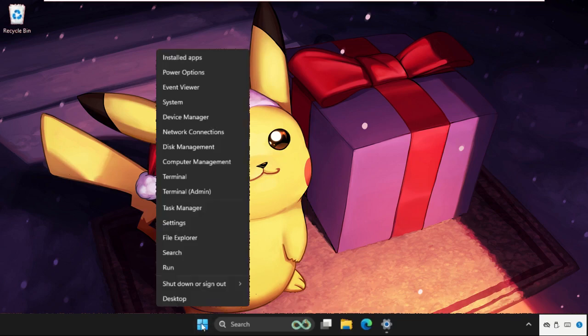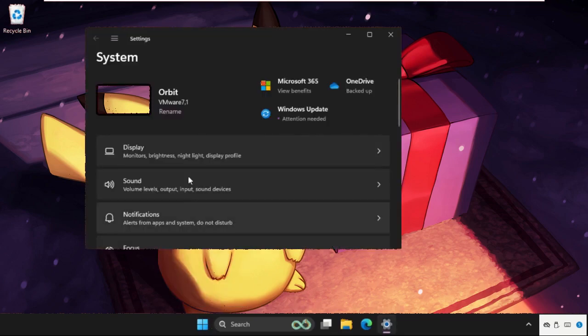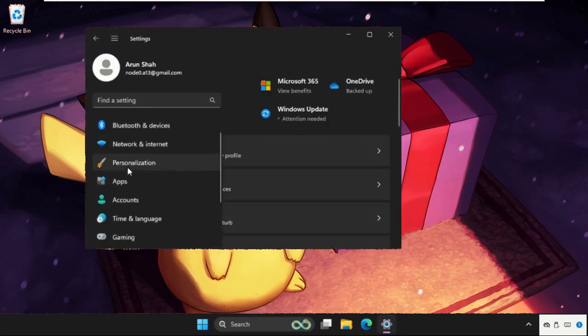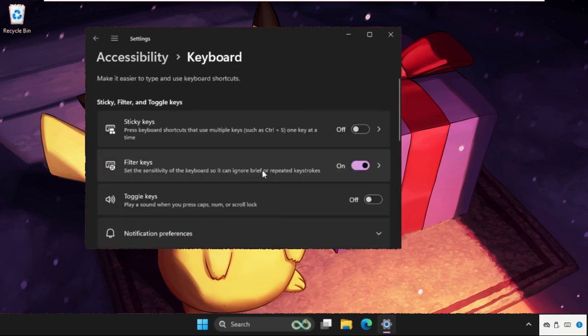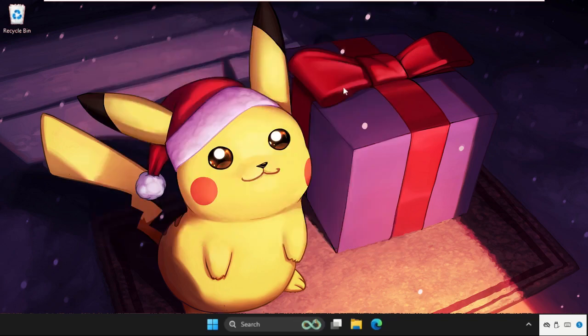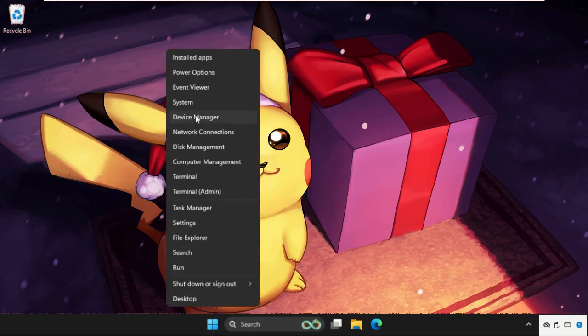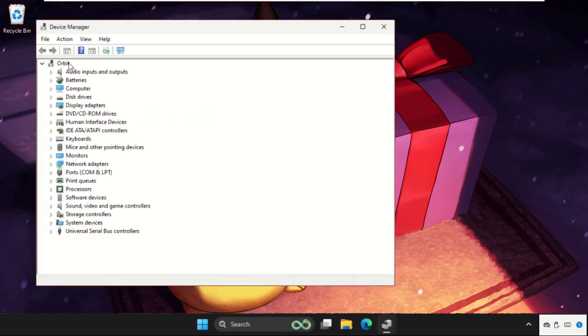Right click here on the start icon and click on settings. Click on these three lines and go to accessibility, then scroll down and click on keyboard section. Now we need to turn off this option, the filter keys. Once done, just close this window, then again right click here, select the device manager, and then we need to